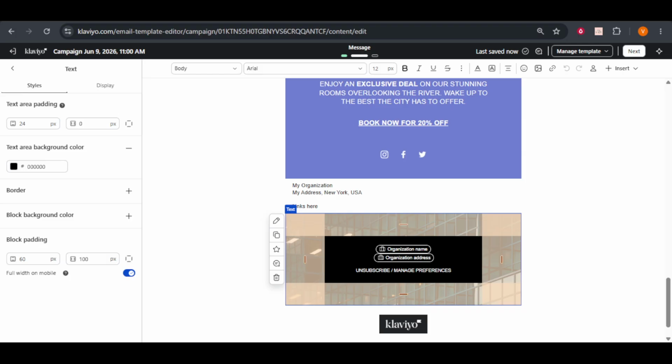And there you have it. You've successfully created a footer in Klaviyo. This simple guide has shown you how to add a crucial element to your emails that not only informs but